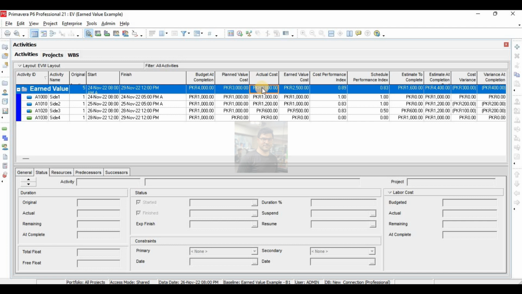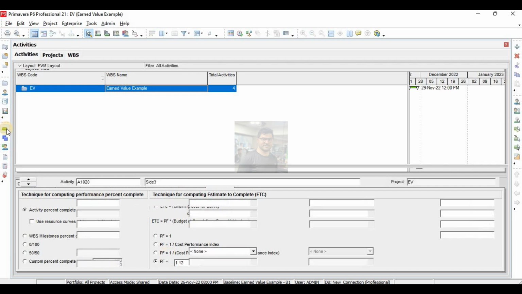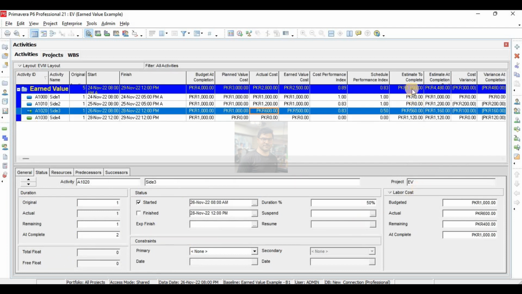Now 1 divided by 0.893 gives me 1.12. So my performance factor is 1.12 here. What I will do, I will manually put my performance factor here. 1.12 is my performance factor. Now I will see what happened. So you can see from here all values, now we are getting correct values.